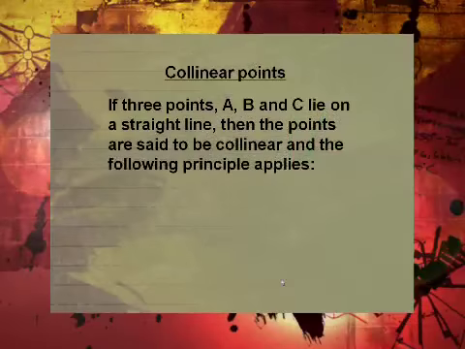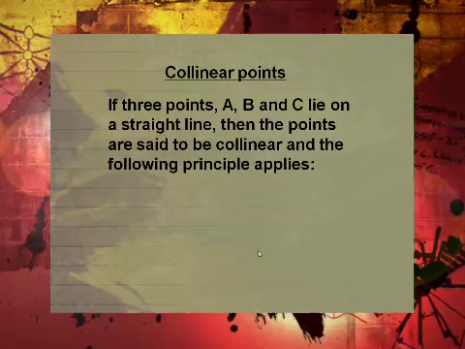Right, matrix, let's look at collinear points. Sometimes they ask you about collinear. If 3 points A, B, C lie on a straight line, then the points are said to be collinear, and the following principle applies. The gradient of AB is the gradient of BC. Now let me